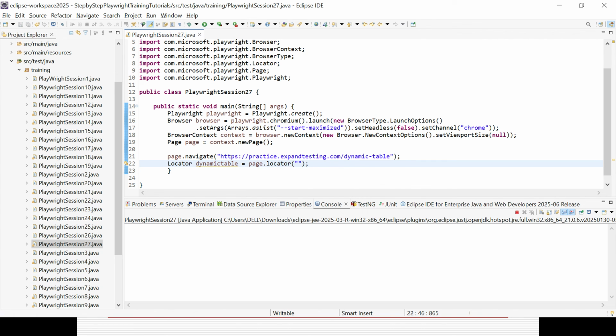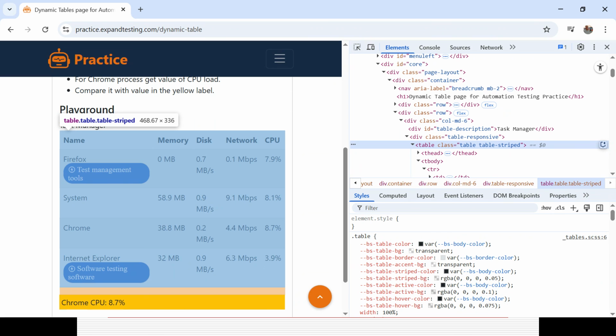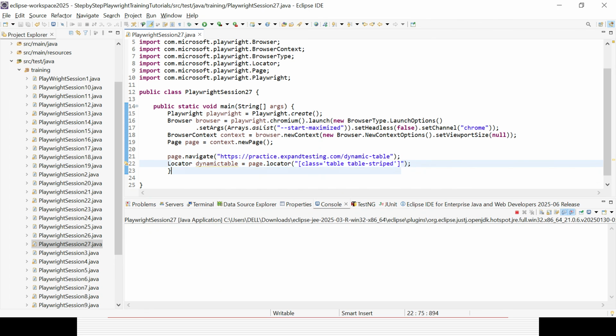Okay, now I can give it. There was an issue with the space part somehow. It is getting some trouble. So what I am giving? I am giving that class, which is highlighting the complete whole table. Table, table hyphen script, right? That is the way I am trying to get the table, and I am storing it in some locator called dynamic